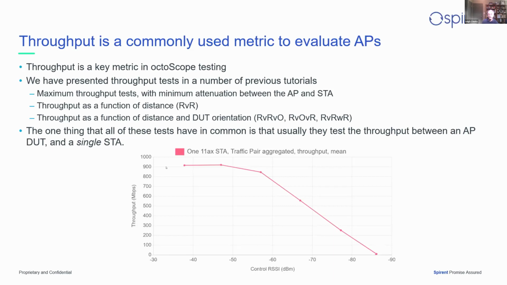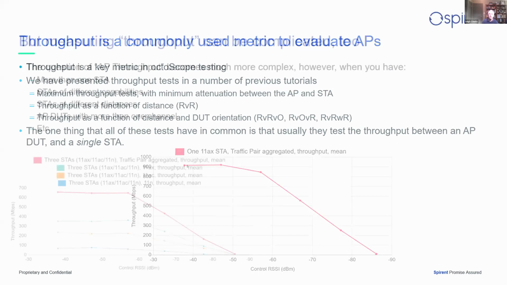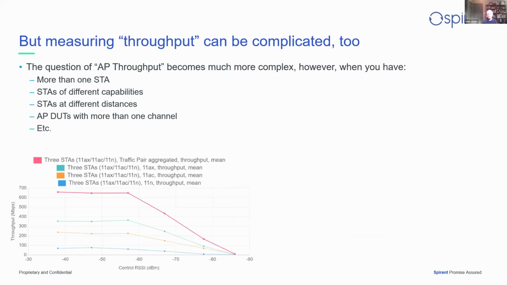The plot shown here actually is a classic rate versus range curve. So this is the throughput achieved in a single access point to station link, as a function of RSSI. But actually measuring throughput can be a lot more complicated than that. As I said, we kind of took the easy path and said, well, what if we have an access point and a single station? But in reality, and what people really are interested in testing, is what happens in a more